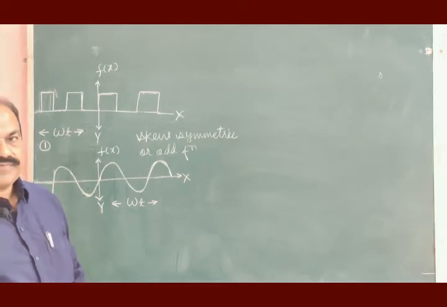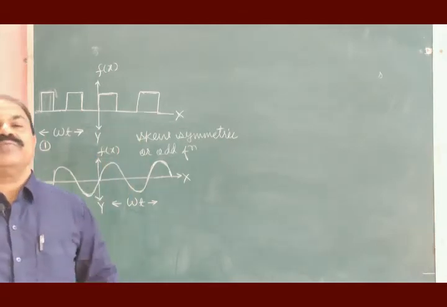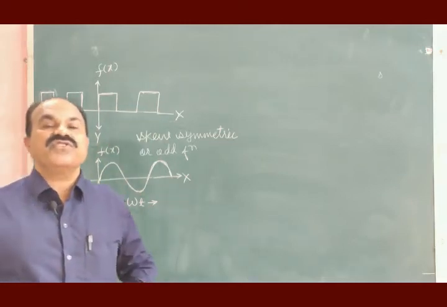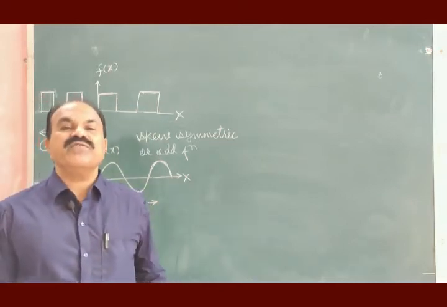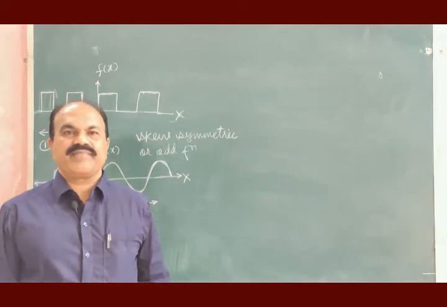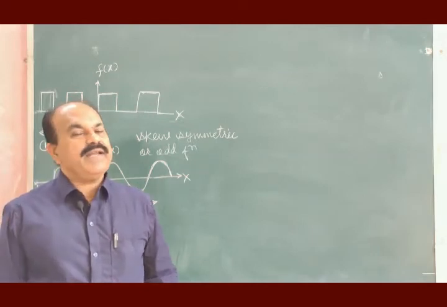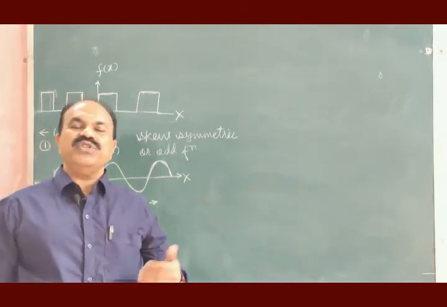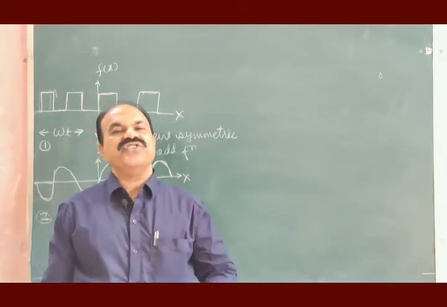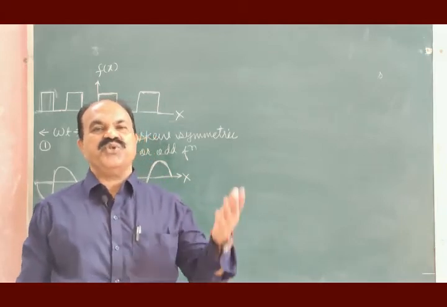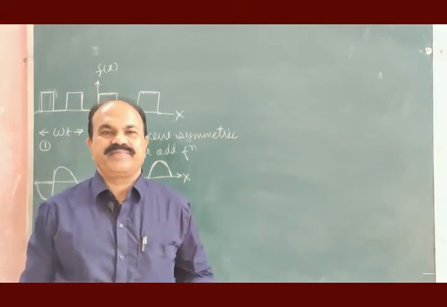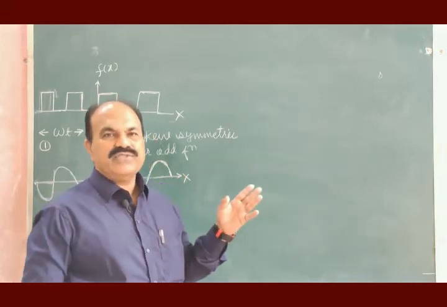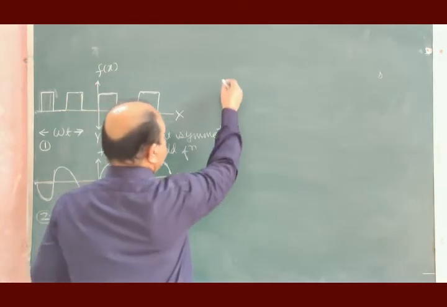And odd functions can also be represented. It is periodic. Odd functions can be represented in terms of Fourier series. When we represent odd functions in terms of Fourier series, we have to evaluate the coefficients of the Fourier series a0, an, bn. And you know very well the property of an odd function is this.